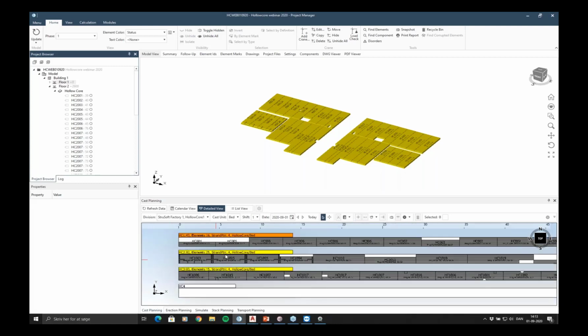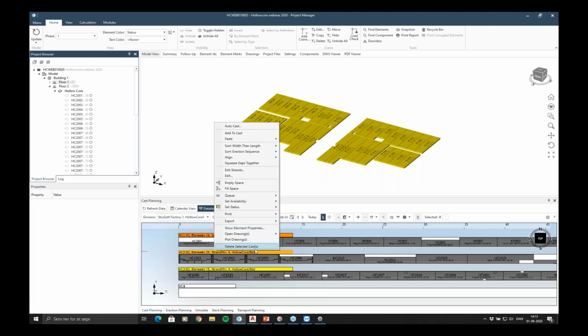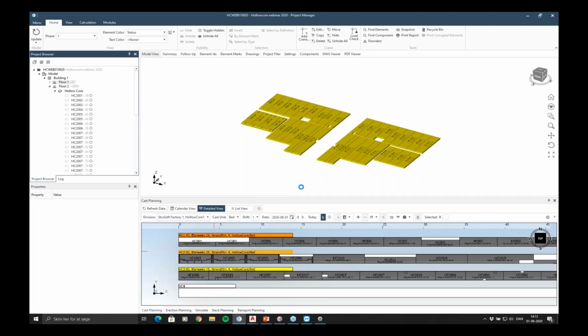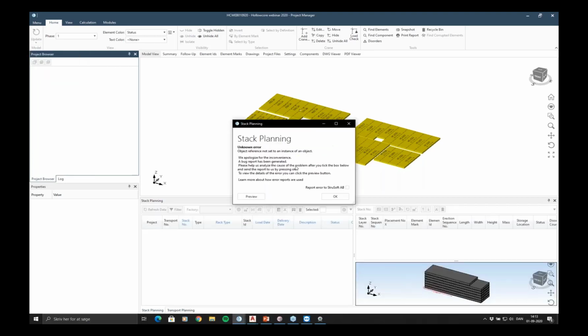So we take this one here, we right-click on it, and we set the status to produced. Setting the status to produced means that this will be orange. If I update the model up here,